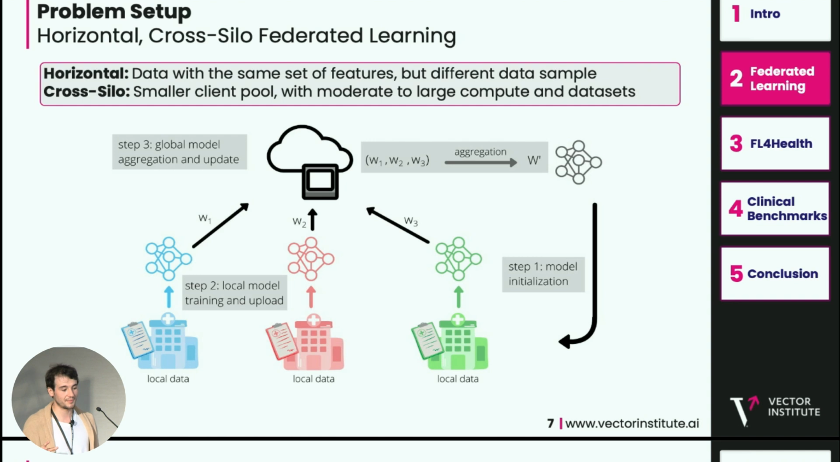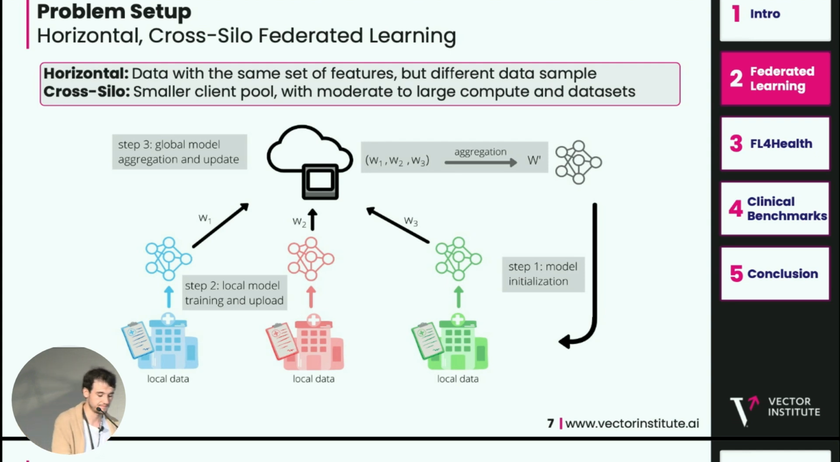When we talk about horizontal cross-silo federated learning, at a high level, it looks like this diagram. We're going to have a server as well as a number of clients, which are the healthcare organizations. The server is going to start by randomly initializing a model with random weights, distributing this model to each of the hospitals, who are going to train on their local data. The hospitals are going to upload the updated weights to the server, which reaggregates the weights and distributes them